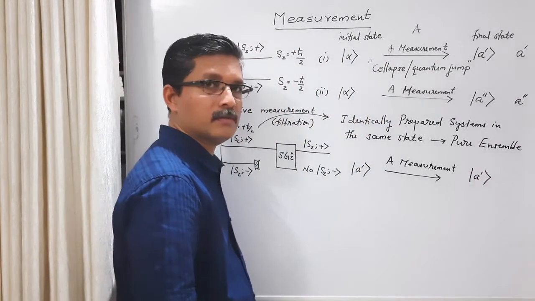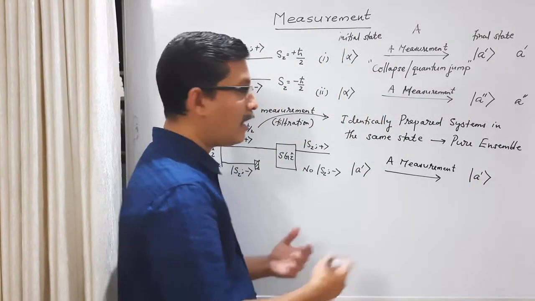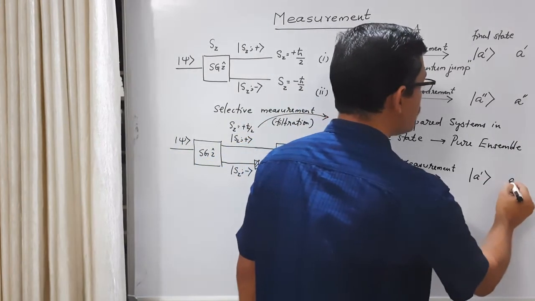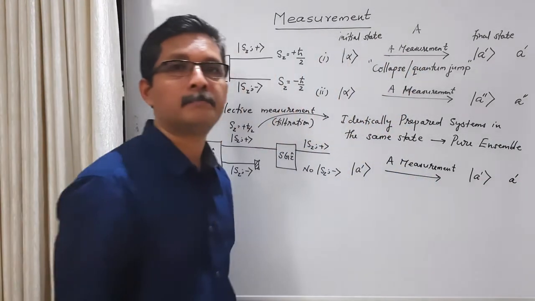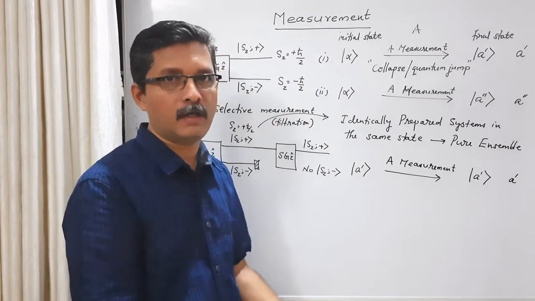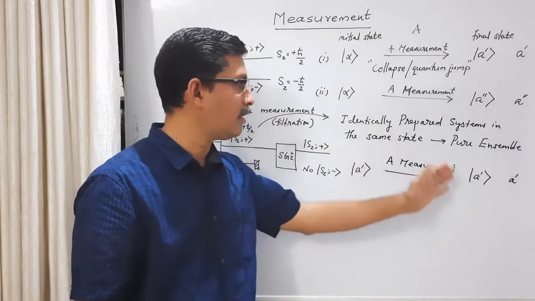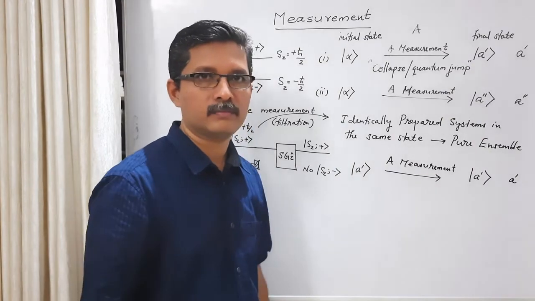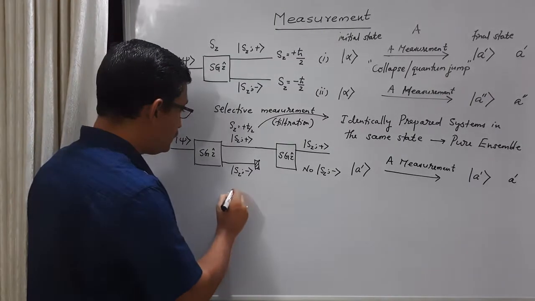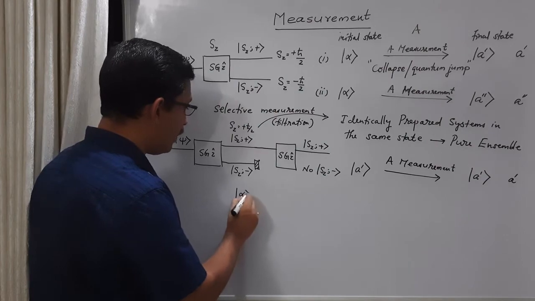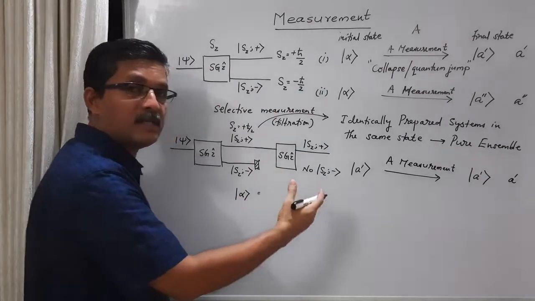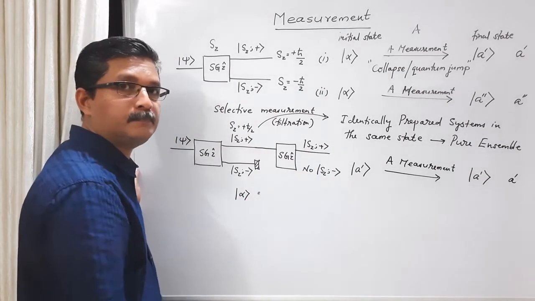There is no change. It remains in the same eigenstate. And what is the result of measurement? Surely it is always the eigenvalue A prime. Okay. If you repeat this measurement again, you will get the same eigenstate with the same eigenvalue. Now we know that the general state, let us say ket alpha, can be expressed as a linear combination of